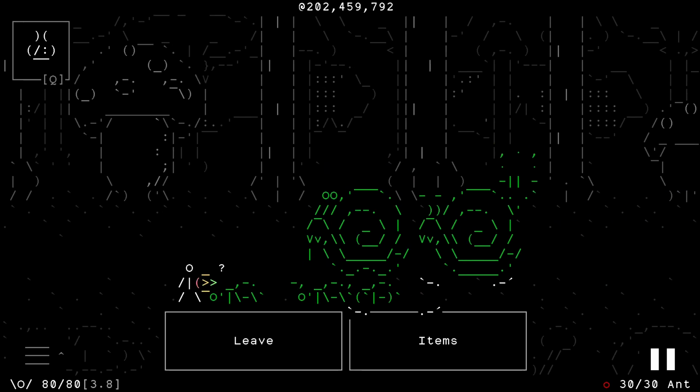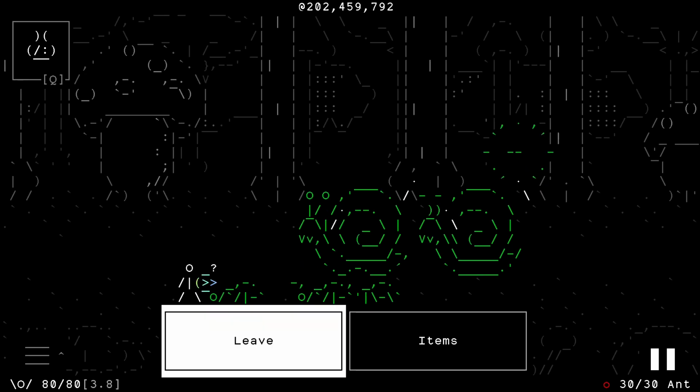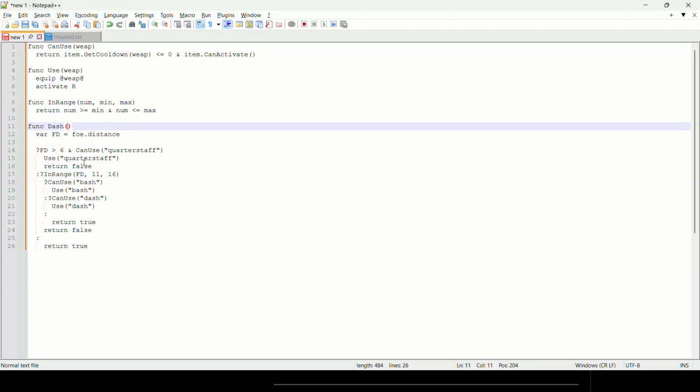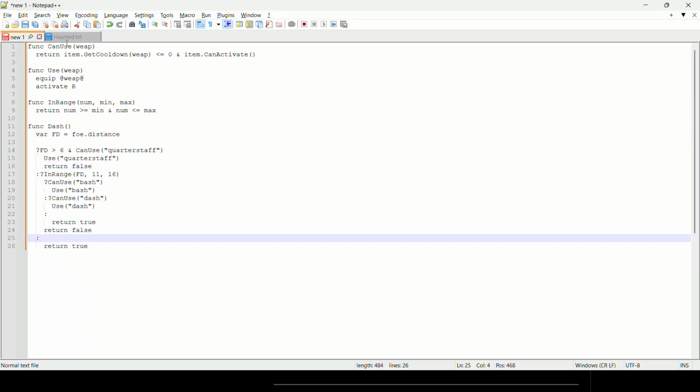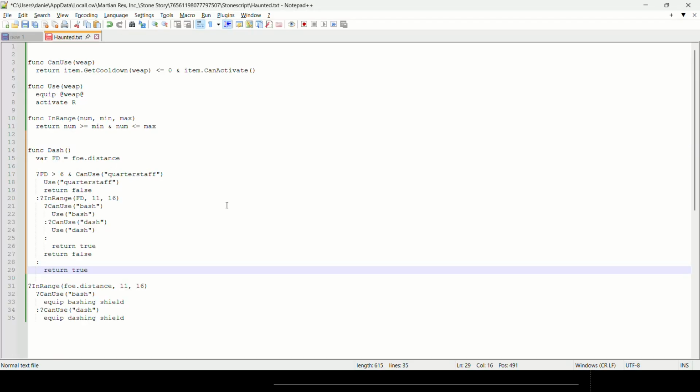So as you can see, when the foe was within range, I immediately switched to a dashing shield. That's just another example of a function. This is in fact what this function does. This is another shorthand function. I can go through it in a second for you. But basically,